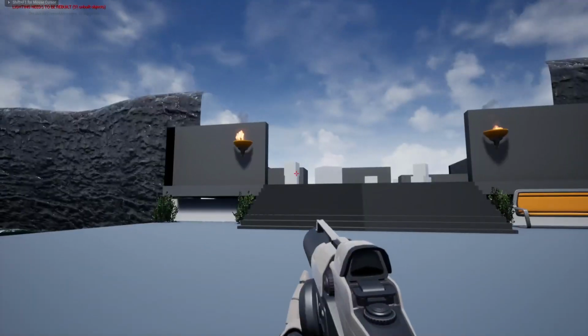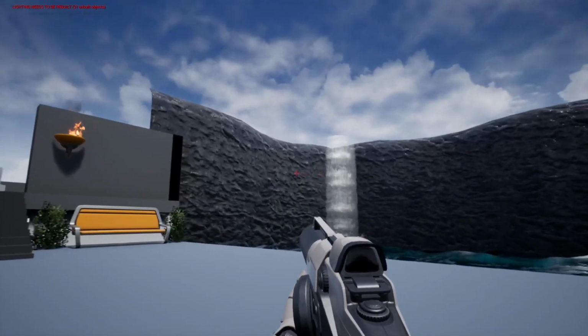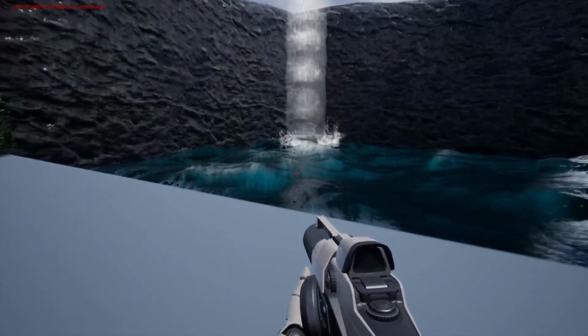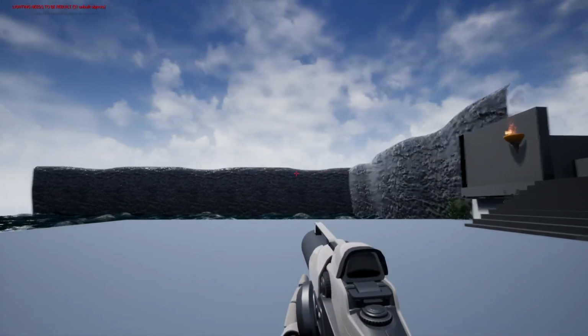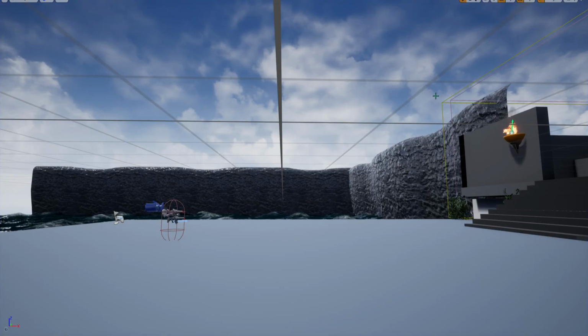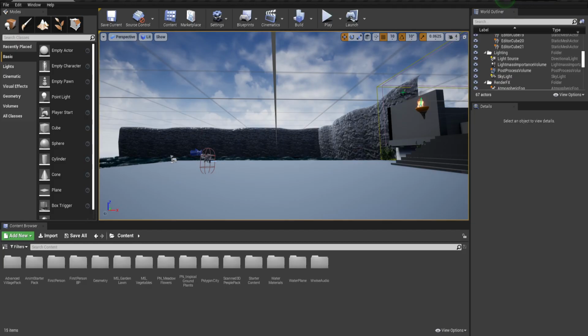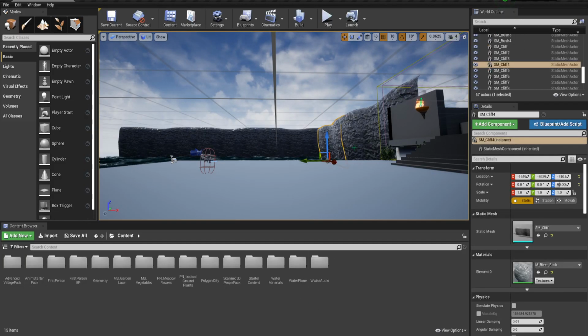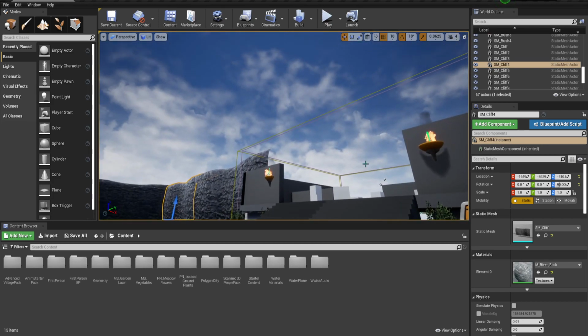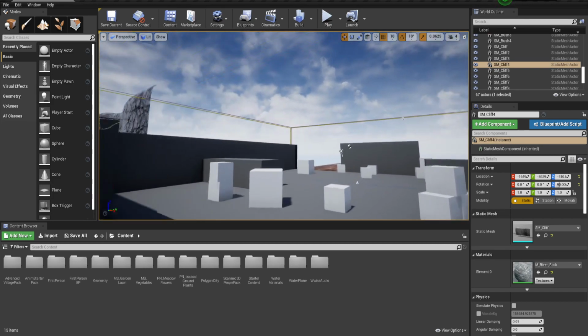Okay. I don't think everything's going to work either, because this is an older version of this project. Not the right one. Not the right one. Because I bet you that thing's not back there.